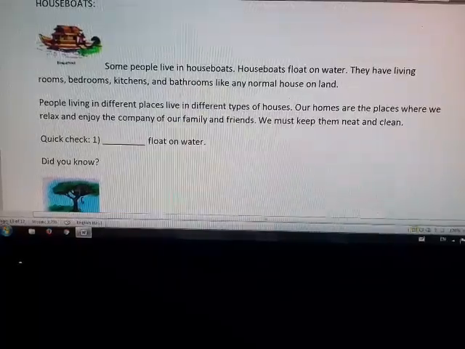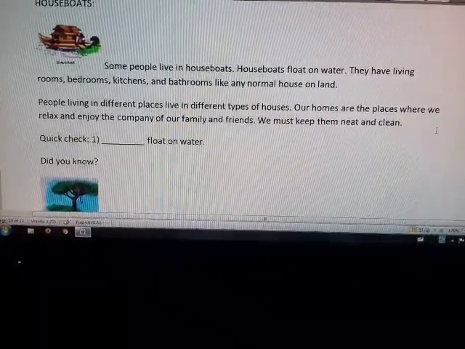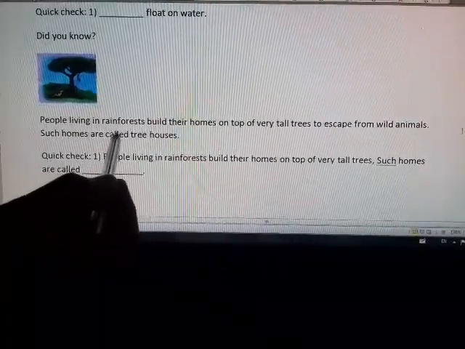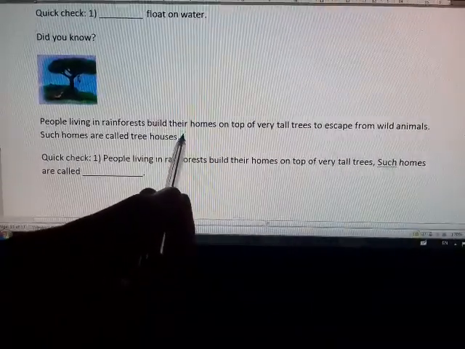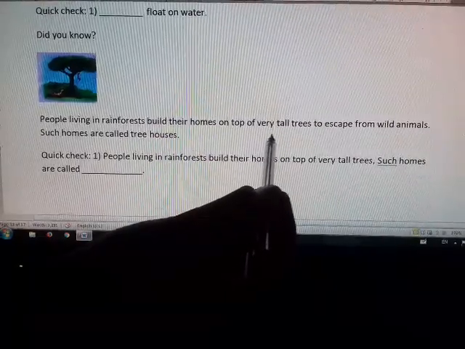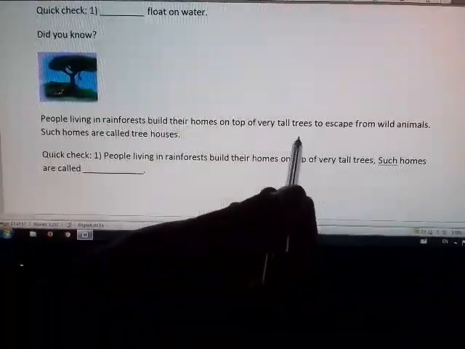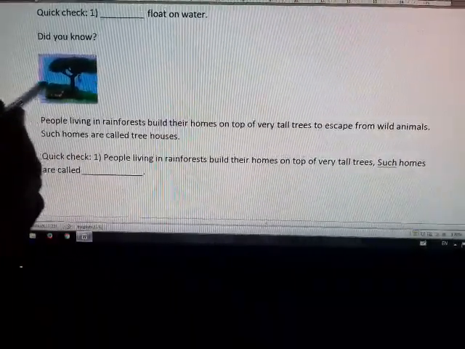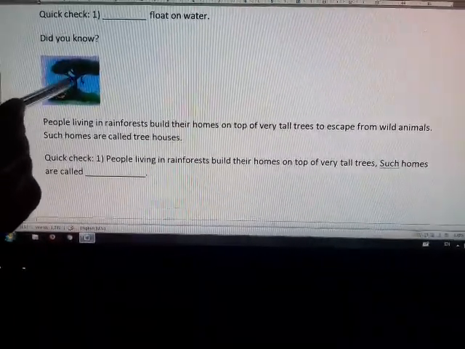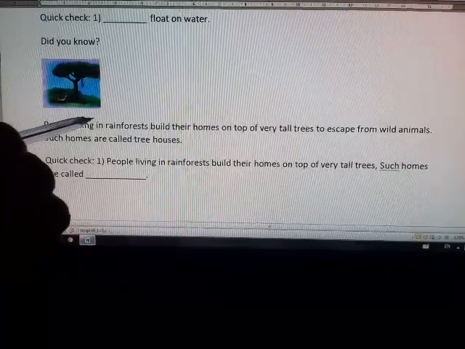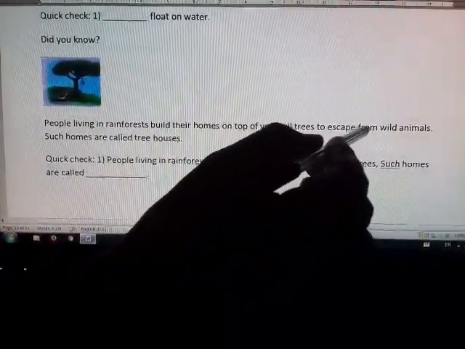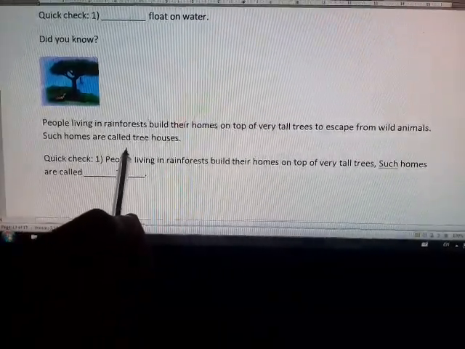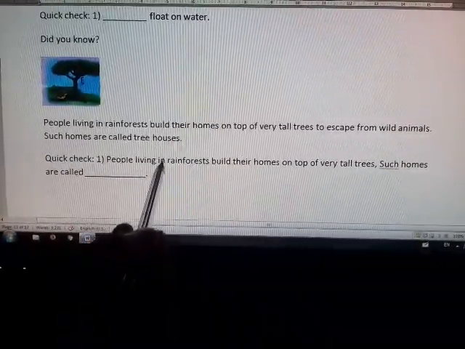Now, did you know people living in rainforest build their homes on the top of very tall trees to escape from wild animals? You can see in this picture the house is built on a tree. Why? To escape from wild animals. Such homes are called tree houses.